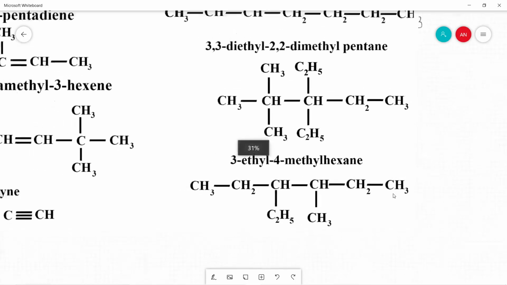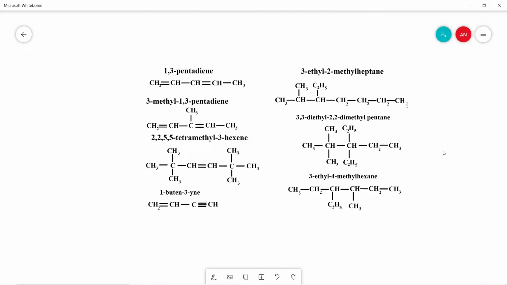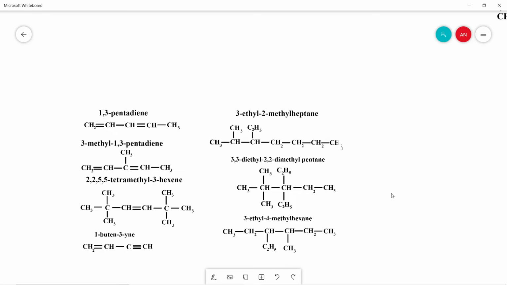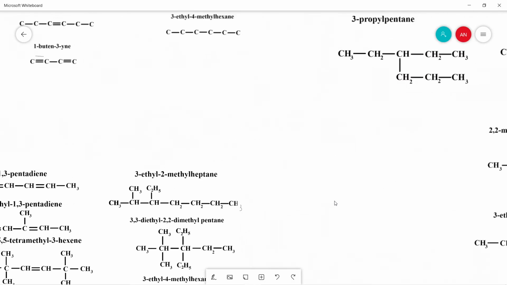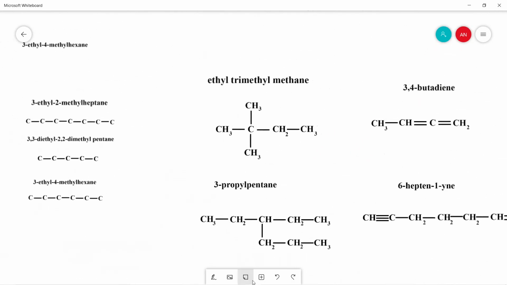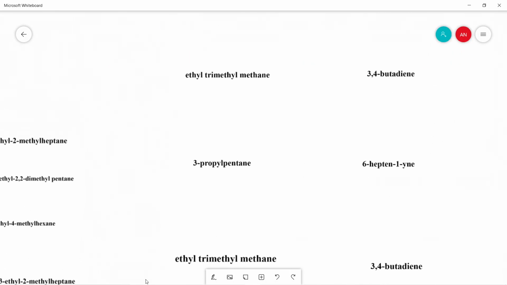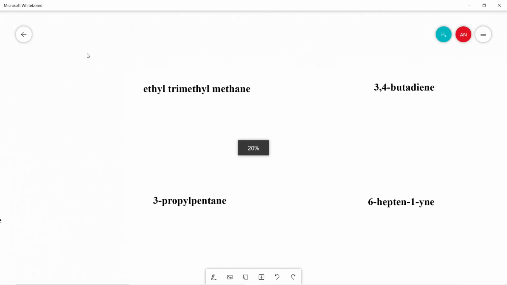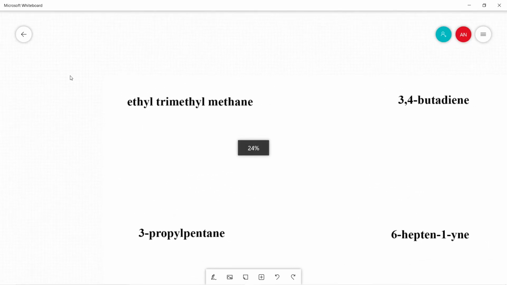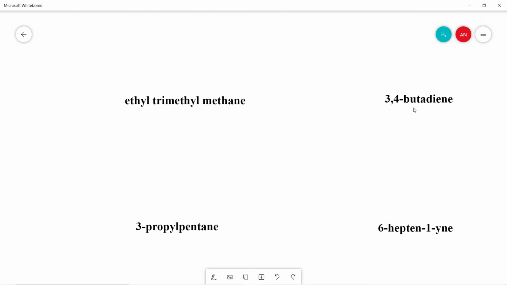So there's the structure, right? So now we have discussed that if the names are given, we can easily form the compounds, and if the structural formula is given, we will recognize the names very easily, right? Now there are some special cases. What if we are given wrong names? How to find the wrong names? Are there any wrong names, right? So there are some names that are wrong, right? There are wrong names of some compounds that might have a correct name.